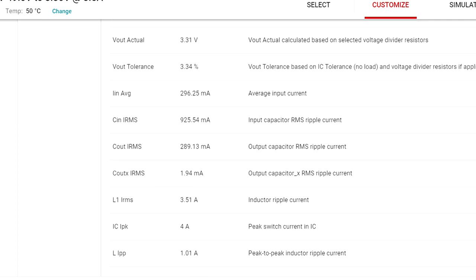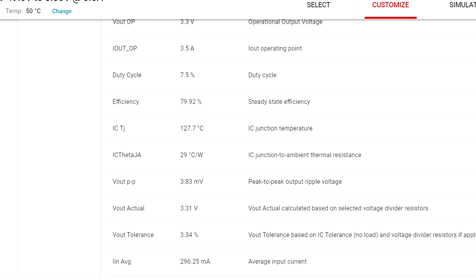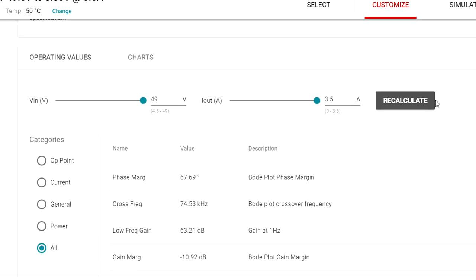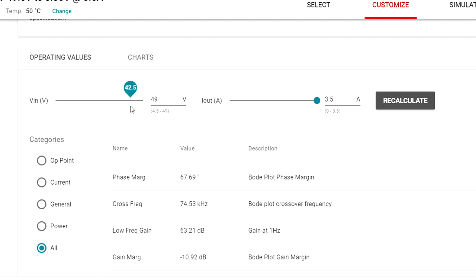Now, these calculations are determined by an operating point that's shown at the top. In this case, it's the worst case input voltage of 49 volts, and output current 3.5 amps. You have the ability with the slider to move that, or you could type in a value.